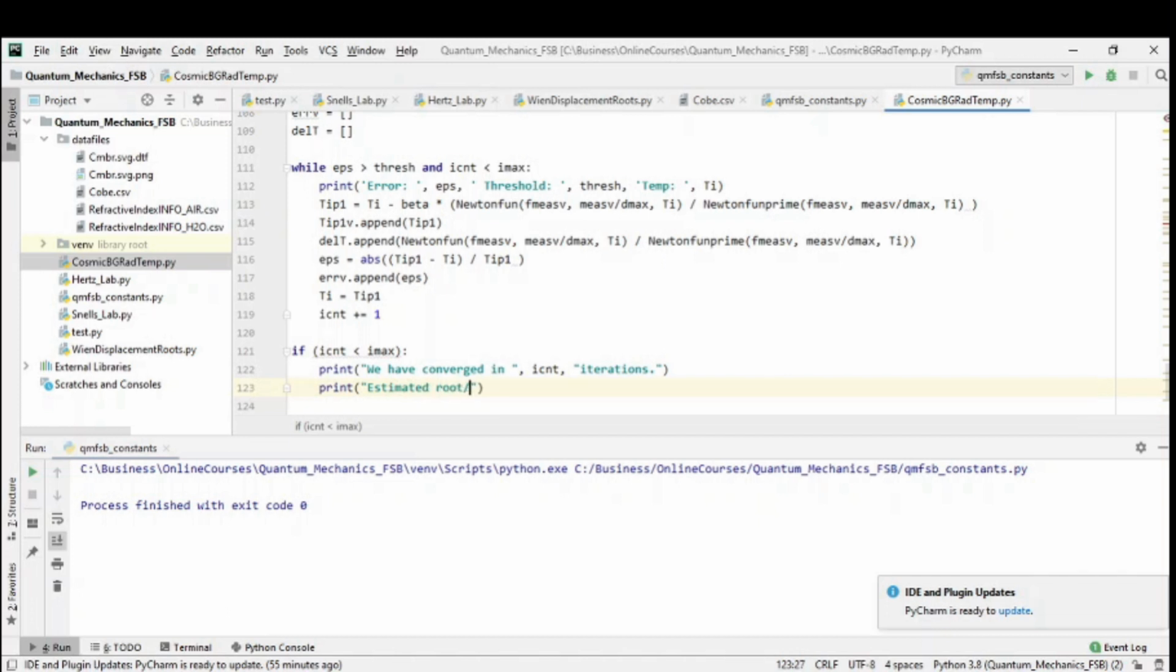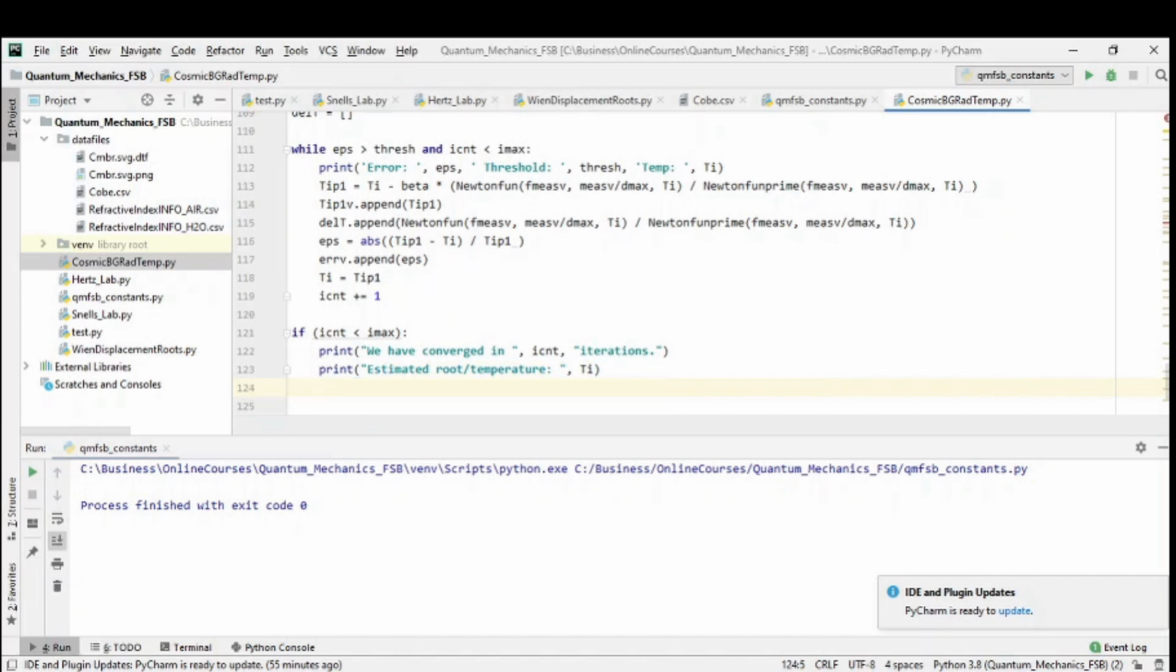Okay, so the estimated root slash temperature is going to be the latest value, either TI or TI plus 1. And in the very last iteration, they're going to both be the same, since we're assigning TI at the very last step, so we'll just call it TI. All right, so we got this, and if this condition is not met, then we know we have not converged,